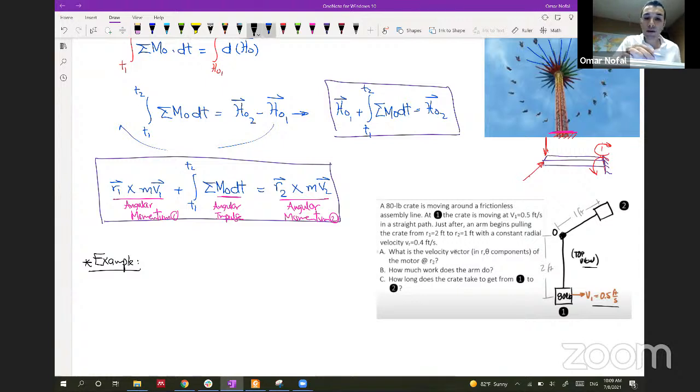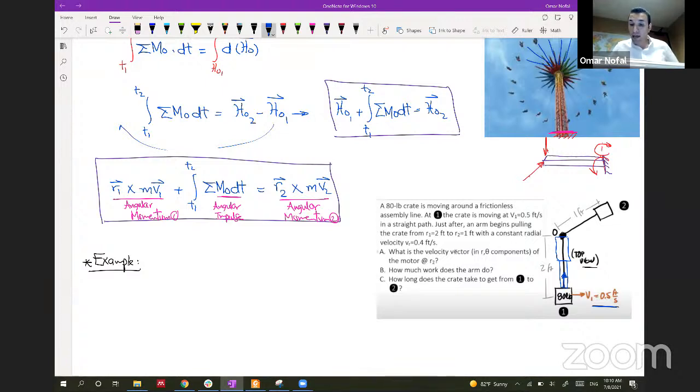So this is like a hydraulic arm, something like this, and this hydraulic arm keeps going in. Just after the arm begins pulling the crate from R1 equal to 2 feet to R equal to 1 foot, the arm is getting shortened by 1 foot from position 1 to position 2. So right now we have two types of velocities: one in the theta direction, which is V1, and one in the R direction. So the best coordinate system to use with this problem is the R theta